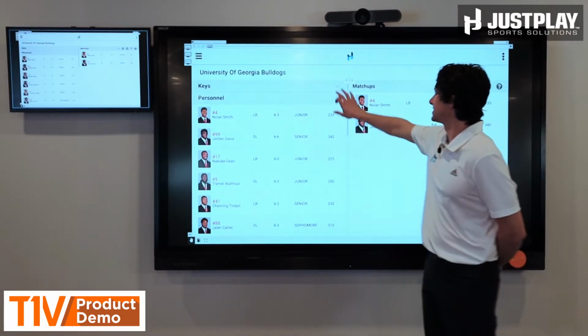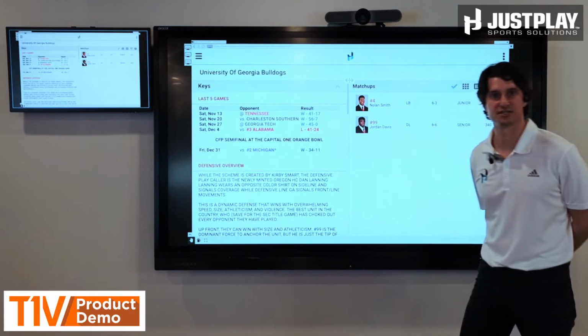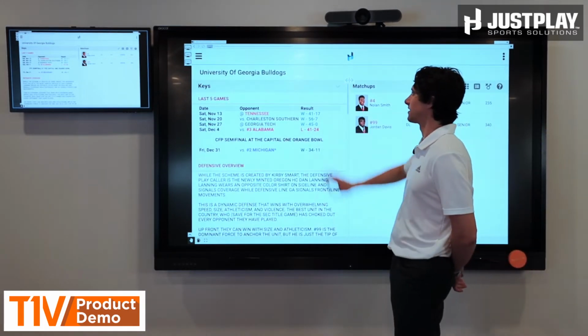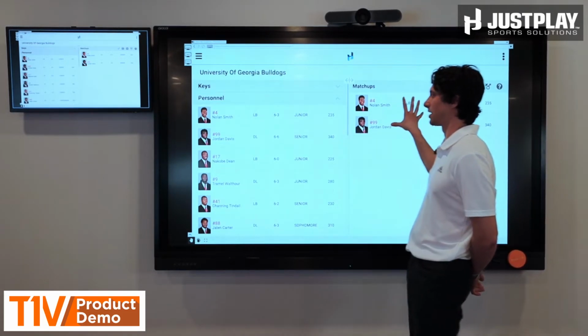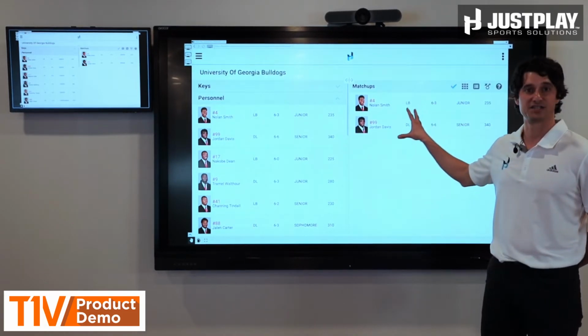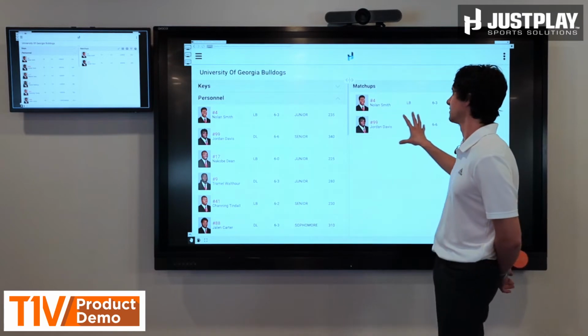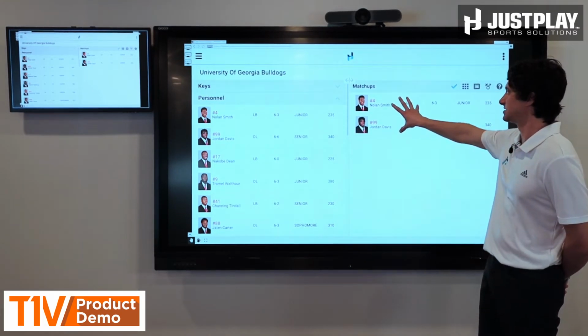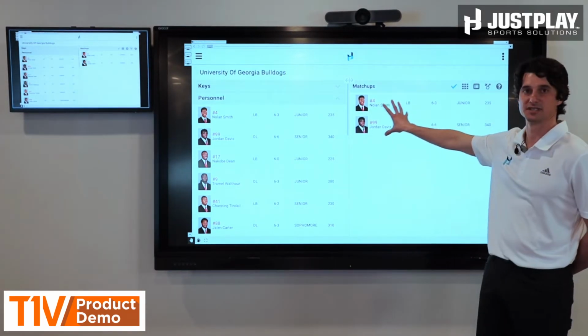And so here you're going to see all the typical sections of a scouting report. You'll have cover notes, keys, personnel. I can collapse this and jump right into personnel. But what I want to show is how you can assign matchups to specific players. So if I'm only going to be responsible for blocking these two guys, I can put those front and center